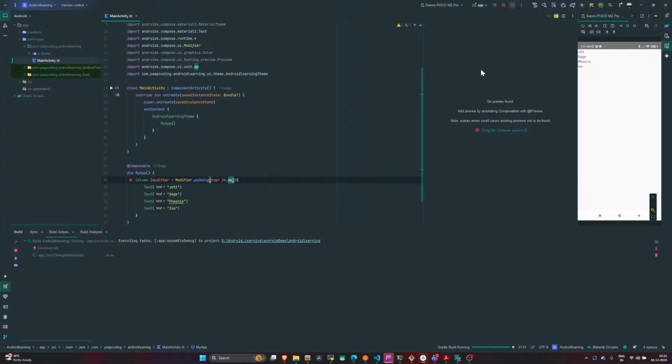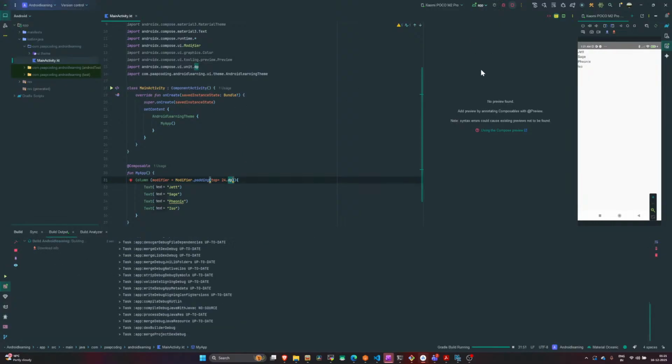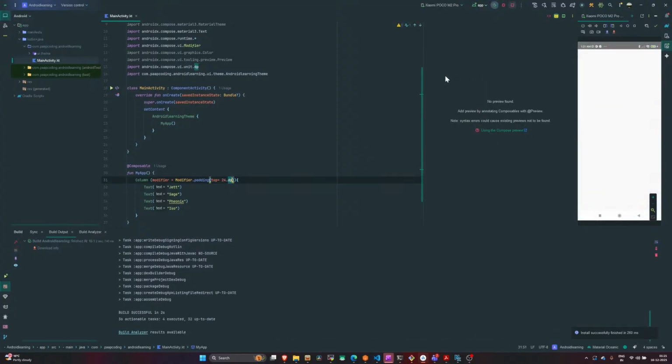Let's run the code again. So it should add the top padding over here. If you learn something, apply it in the code so you can further understand your code properly. You can use spacer as well if you want. There is a spacer function, so that can also be used to add the